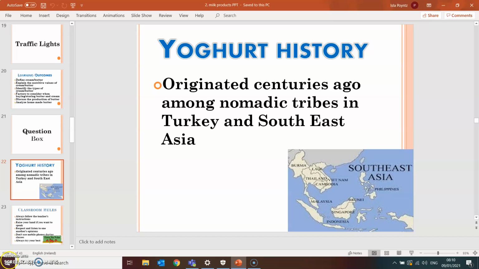Okay, so now we're just coming back here then to a little bit of history and we're moving on to yogurt. So the last little part here is yogurt. So our yogurt history. It originated centuries ago among nomadic tribes in Turkey and Southeast Asia. Okay, now really for all intents and purposes, yogurt is a fermented milk. Okay, it's a fermented milk and